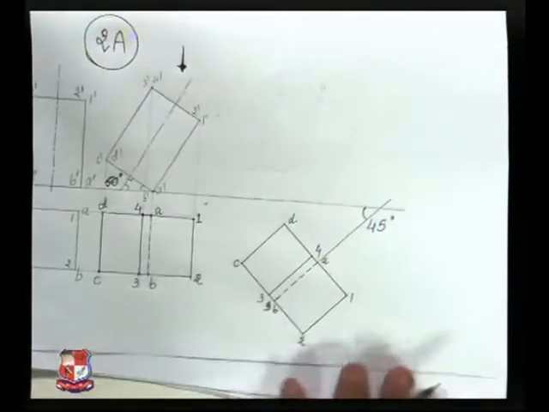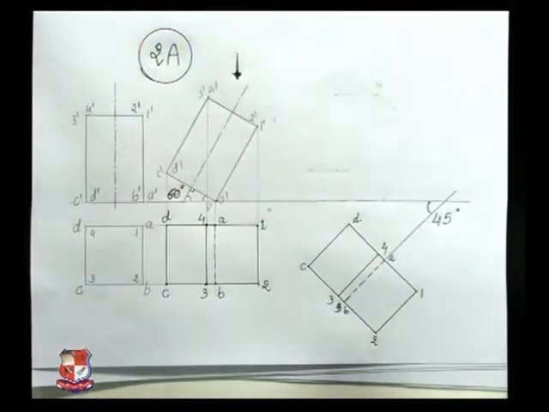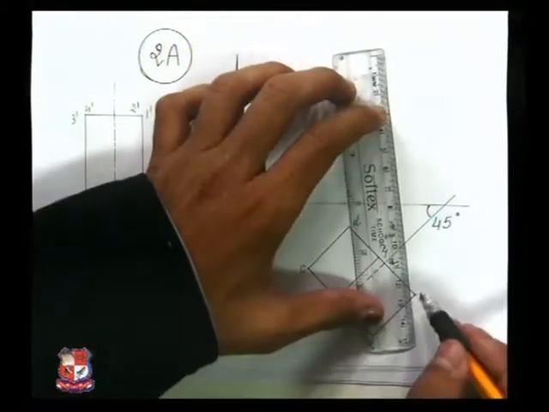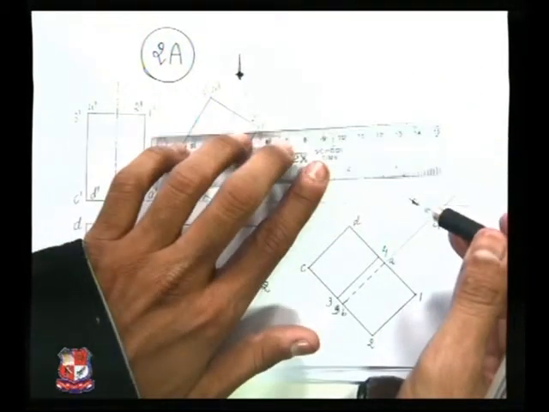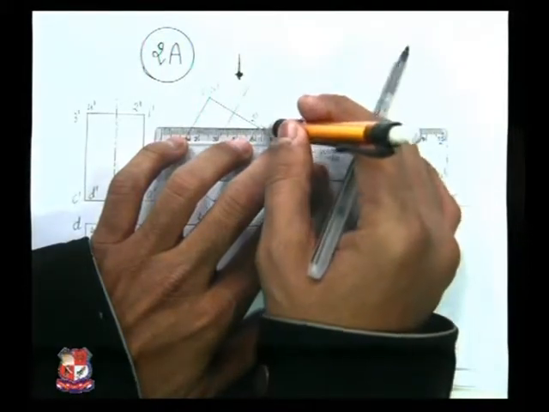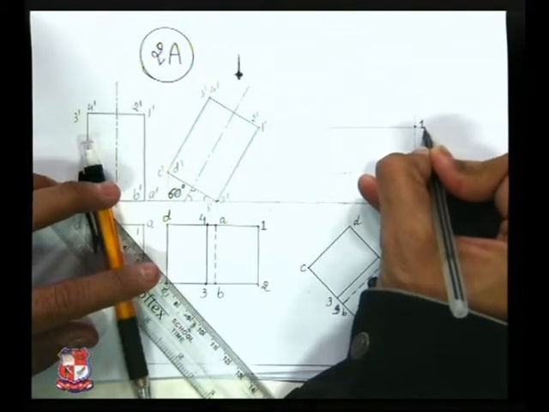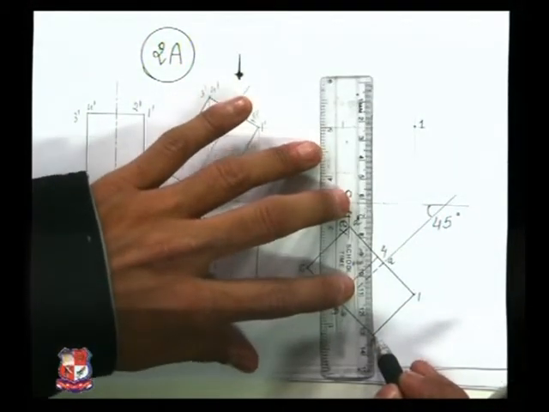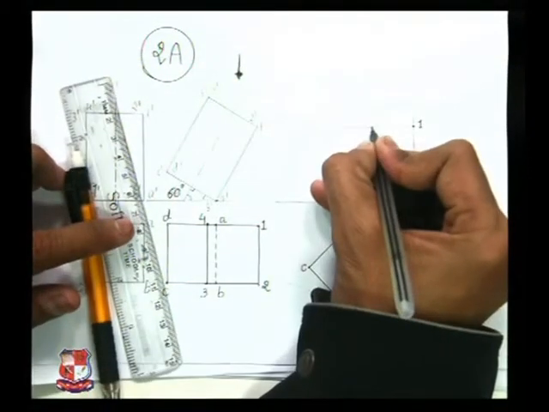Now after redrawing this top view, again let me take projections from its top view like this. A vertical line from point 1 and horizontal line from point 1 dash over here, and both will intersect at one point somewhere here, that is point number 1. So for point number 2, from point number 2 draw a straight vertical line, and from point 2 dash horizontal line. So here is point number